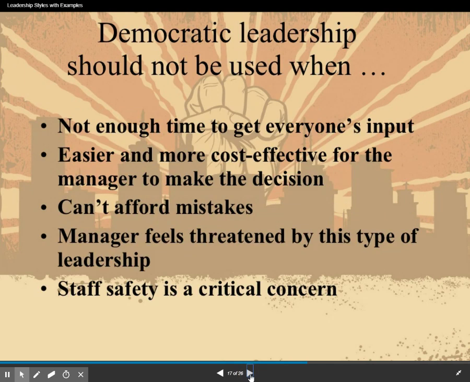When it's not used is when there's not enough time. So here's a good example of how it doesn't always work in the healthcare world, where democratic leadership doesn't work. When someone comes in and there is a major trauma, or someone is having a heart attack, or there's something significant going on, and there are very specific procedures that need to be followed in a specific order, at that point, we can't listen to opinions. We can't necessarily be concerned about how the employee themselves feel. We have to take care of that patient who's dying on the table.